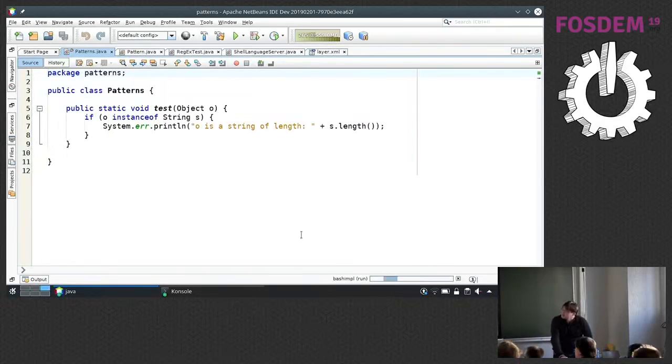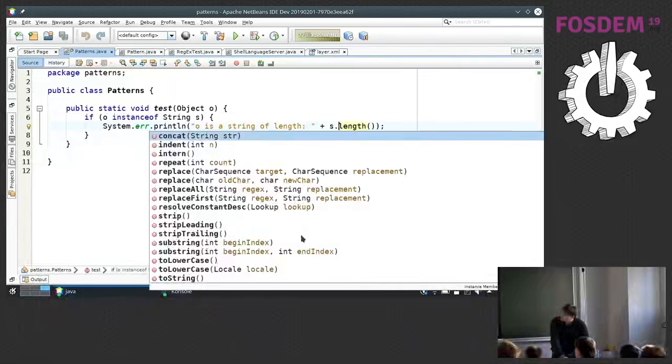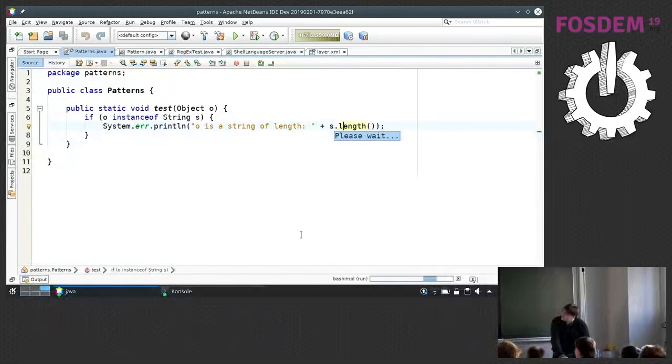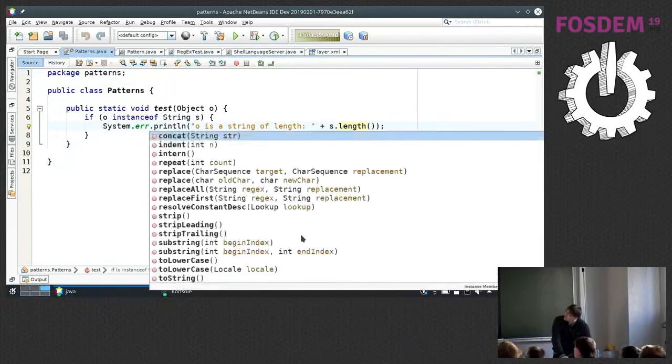But since it's running on a JDK that understands this new feature, it shows no errors because JavaC can understand this. You can get the code completion on s displayed. Sometimes a little bit slow, like here.